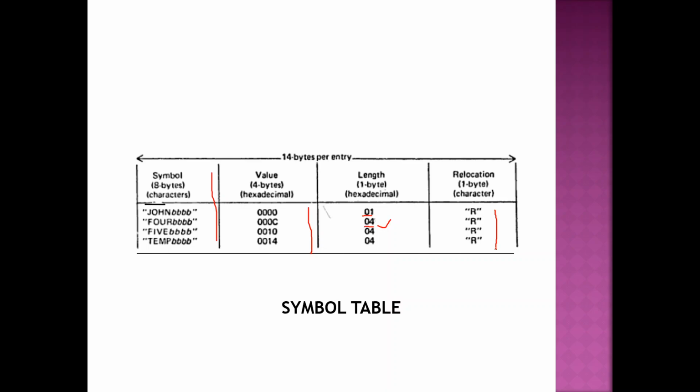I have to know, when I'm loading it into the main memory, what the address is, and then add that to my relative address. Only then will I get my absolute address. It has to be relocated. All these are relocatable values. But there are some values which you don't have to relocate. One example, there is only one such thing.